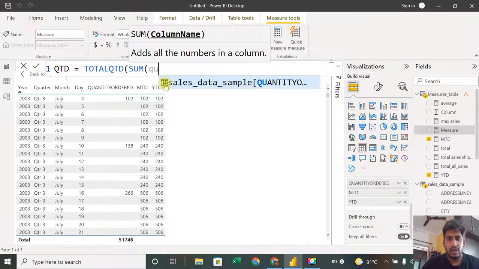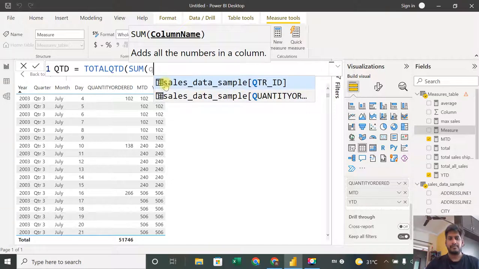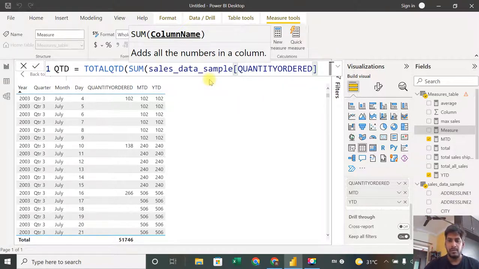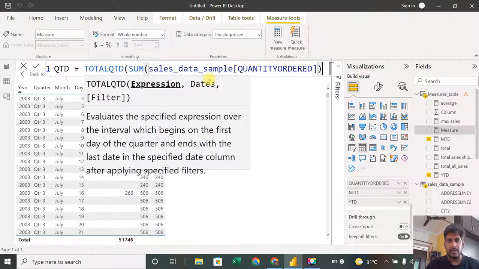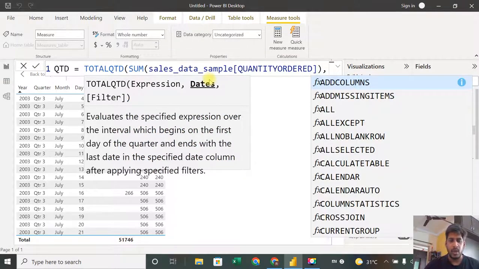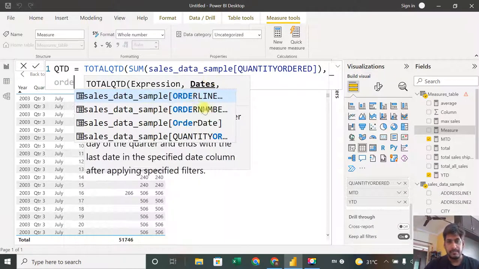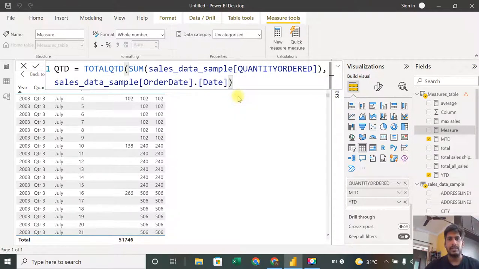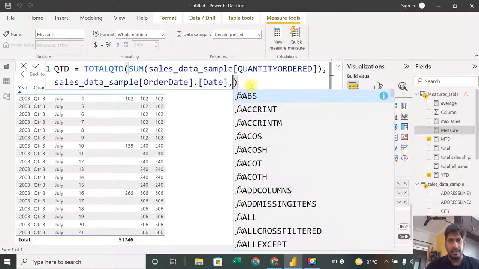quantity ordered, close the bracket, complete that one, comma, date I need, so order date dot date, I will convert that into date format, close the bracket. In case I would like to add some more filter, what I can do, I can comma, I can say